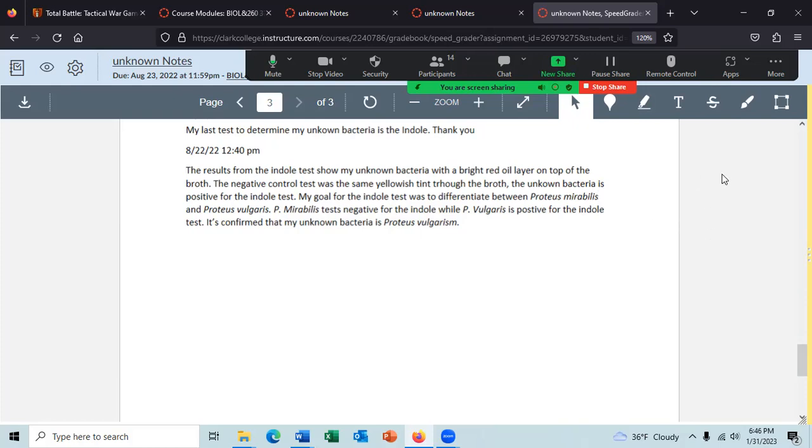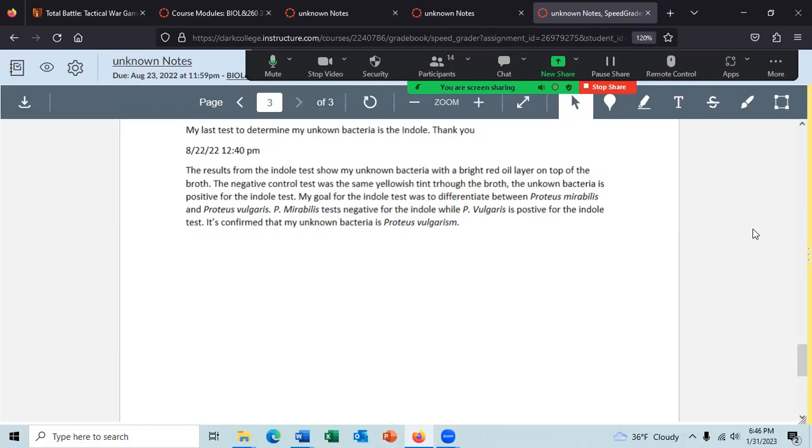Let me state that on these unknown notes page, there's a, what do they call that? A dialogue area on the right here. And I'm going to ask you not to put any of your comments in the comment area. I want you to put your comments in your document. You can put them on the bottom of the document or the top of the document, and I will find them. Do not put them in the comment.